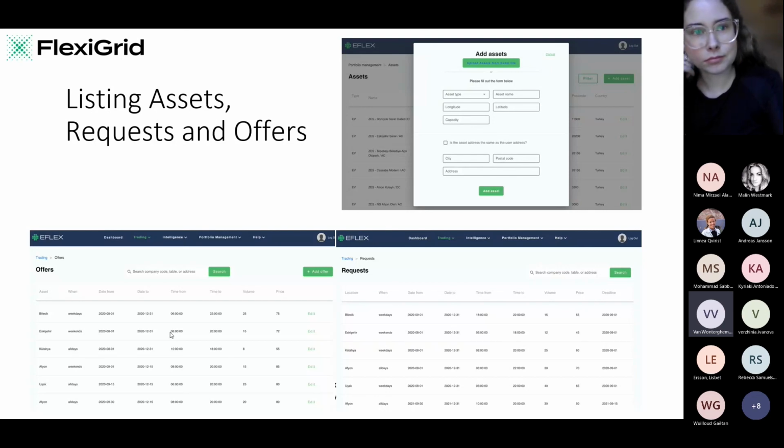My question was about the interference with the transmission system operator grid. Because if you have a bid for balancing or a bid for congestion, it might worsen the scenario for the other system operator. So I was wondering, is this taken care of by the algorithm, or how do you cover this?